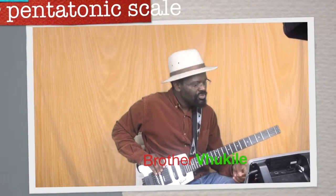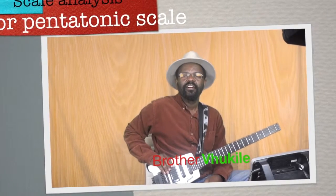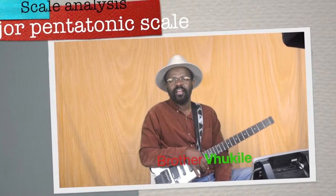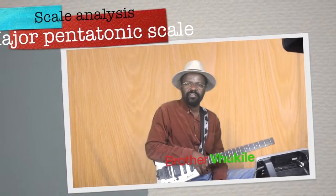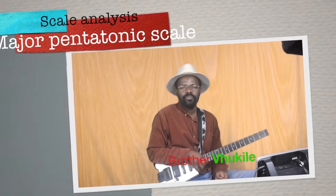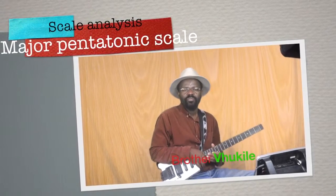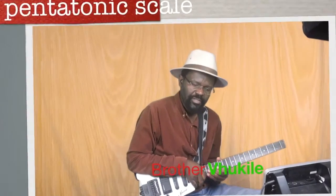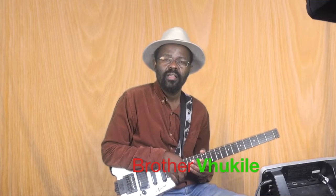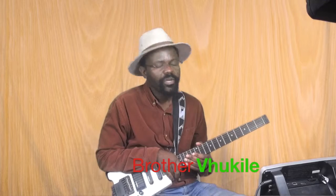Welcome to the practical demonstration of the major pentatonic scale, first position. I showed you the diagram on the neck diagram in the lessons that I loaded earlier on. If you pick that diagram, you can look at the shape now as I demonstrate, and try to follow it. In this lesson, I'm going to show you first the frets where you play the